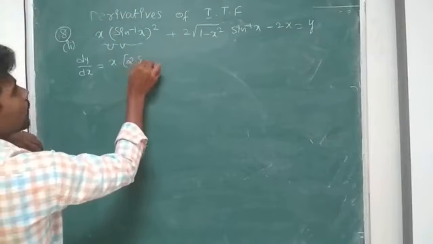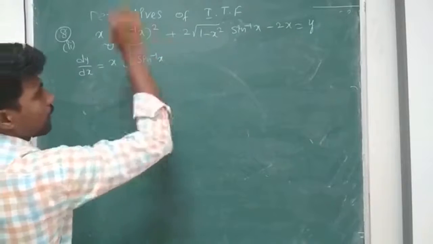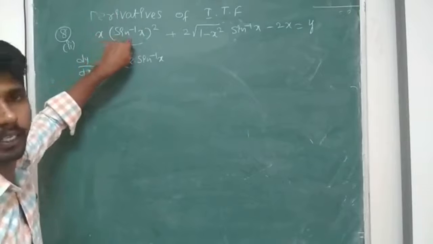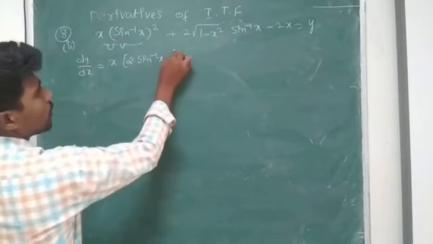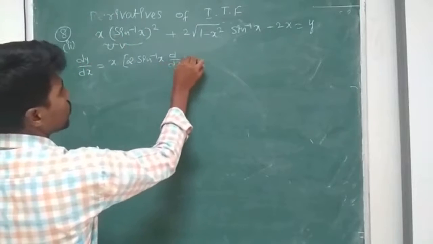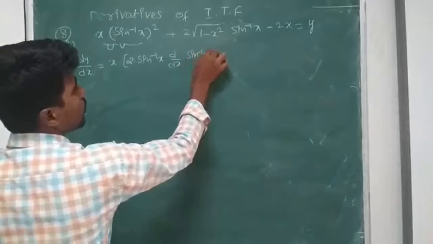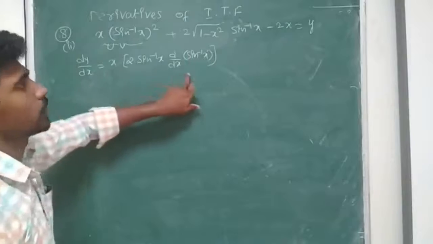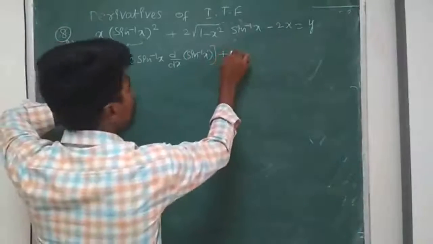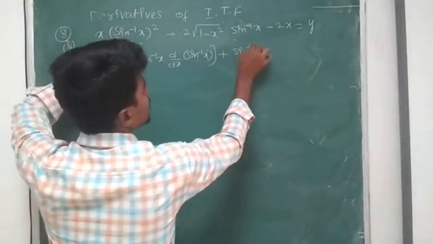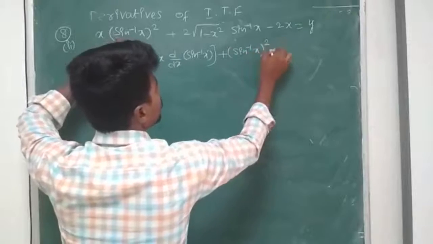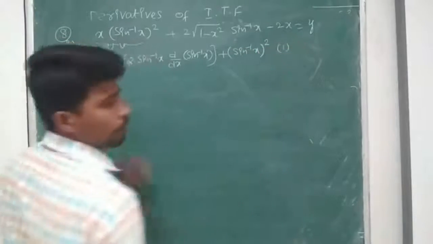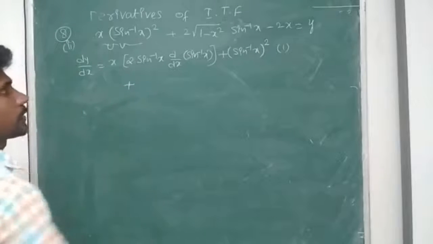2x, which is nothing but 2 into sin inverse x. Whenever it is not x, we have to do the derivative of that particular thing. So what we do? d by dx of sin inverse of x, using u v dash. Next v means I get sin inverse x whole square into u dash, derivative of x is 1,